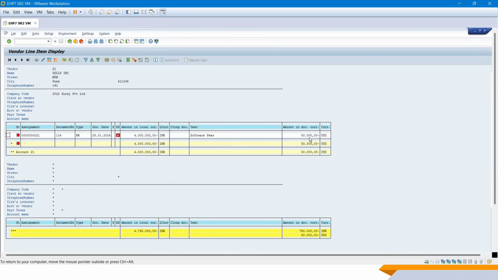Now, if you want to do the entry as on, if you are closing your books of account as on 31st Jan 2024, what you have to do is check what the conversion rate is as on 31st Jan 2024, since this invoice is still open and we have to do the payment for that. So from the accrual concept standpoint and from the R2R standpoint,